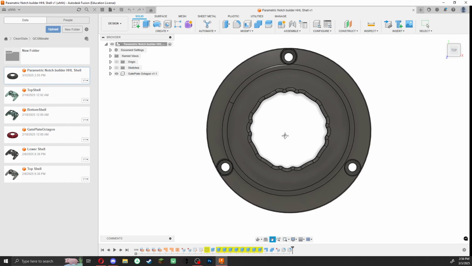And so what you're going to need is Fusion 360, or they scrapped the 360 part recently, so it's just Autodesk Fusion. This is a free software. I pay $0 to use it. However, the free version is a little bit